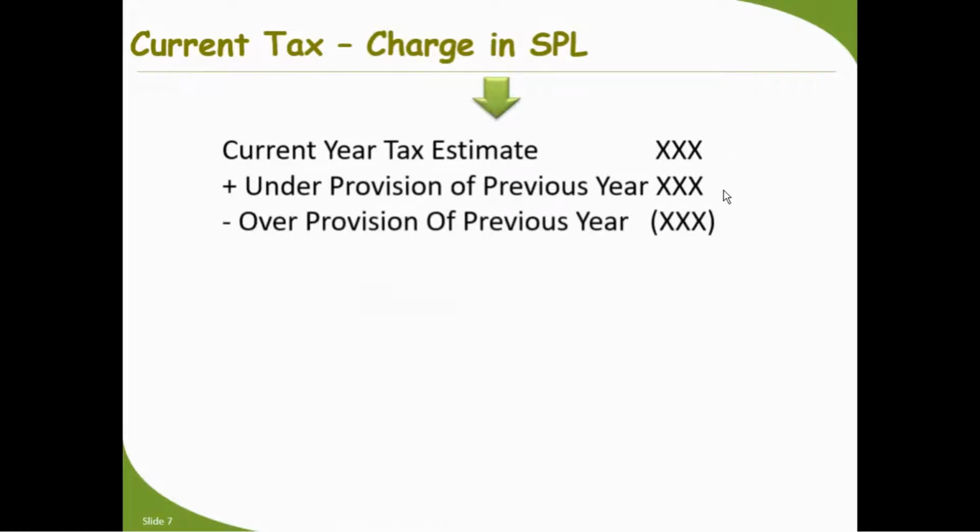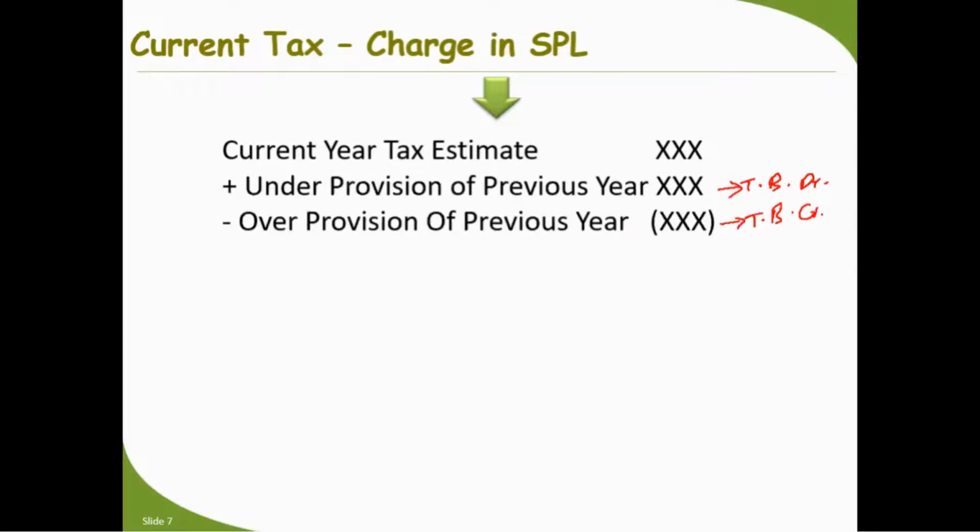So under provision would be in your trial balance on the debit side, and over provision would be in your trial balance on the credit side. If income tax provision is on the debit side, it is under provision. It means you estimated less than your actual profits in your last year. So keep in mind, the working which you are supposed to do is to multiply your profit before tax with the tax rate to calculate the current year tax estimate. But in most cases it will be given to you.